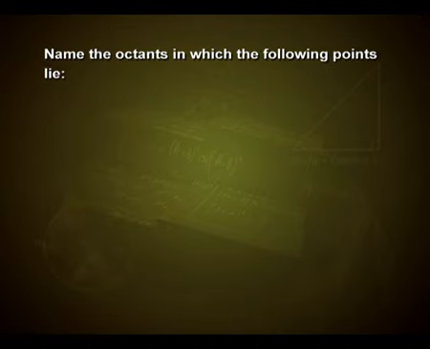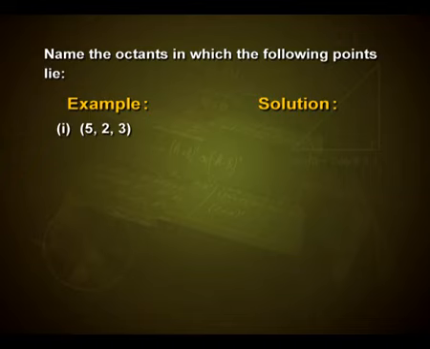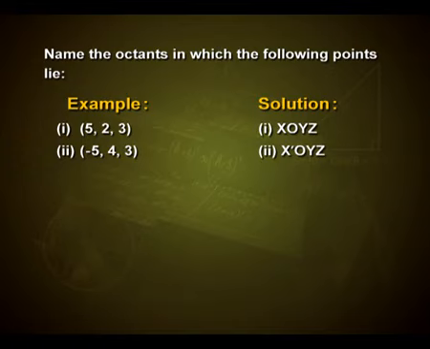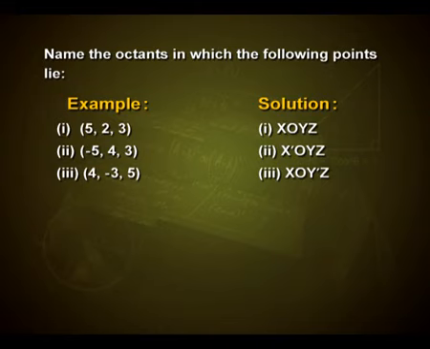Let us look into one more example. Name the octants in which the following points lie. The points are (5, 2, 3). It lies in octant XOYZ. Same way, (-5, 4, 3) will lie in the octant X'OYZ. Similarly, another point here (4, -3, 5) will lie in the octant XOY'Z, and the point (7, 4, -3) will lie